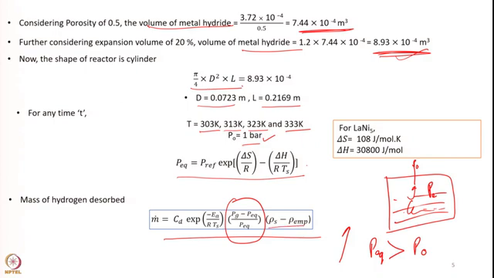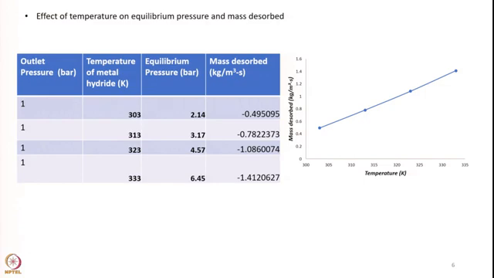This is also a bit different compared to the last. The reaction constant is lower for the desorption case compared to the absorption case. So from these formulas we have calculated the value of equilibrium pressure. At 303 Kelvin it is 2.14, for 313 it is